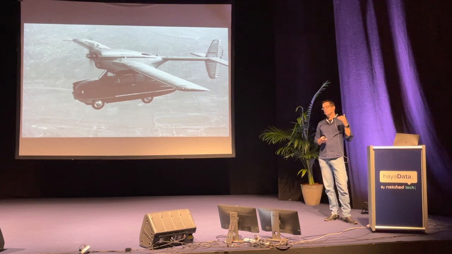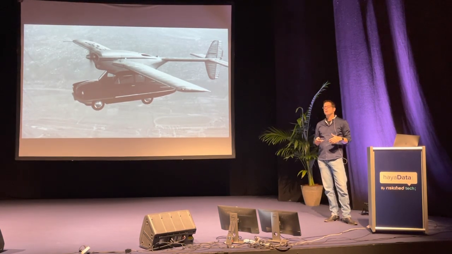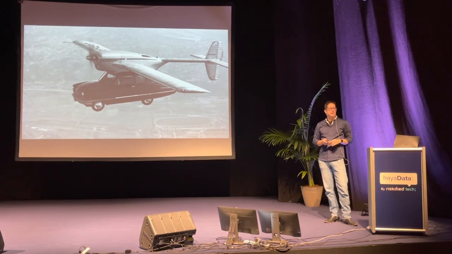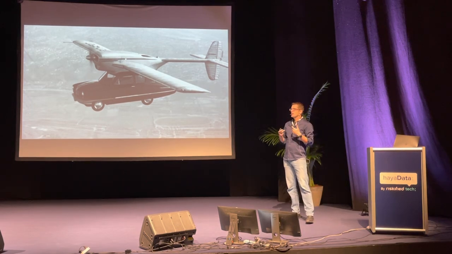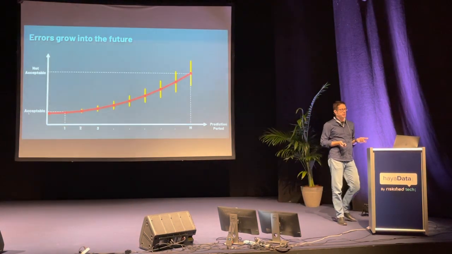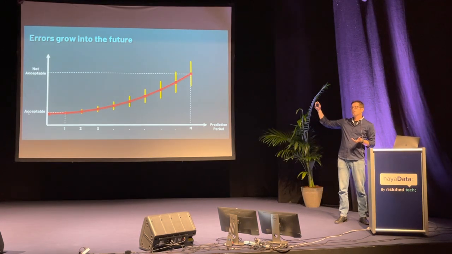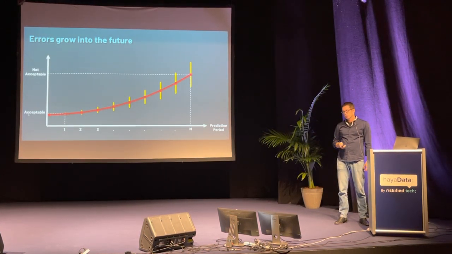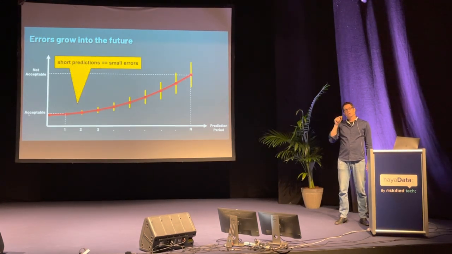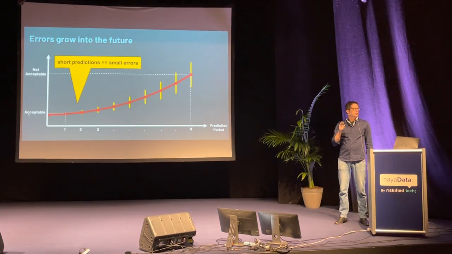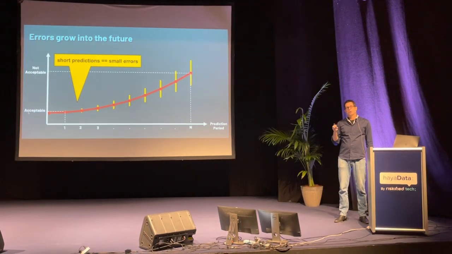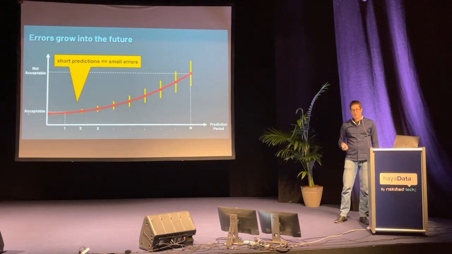The reason is that the further into the future you predict, the harder it is to do, the more noise you have in your system. Gali from Tabula discussed noise in her talk. If you look at a graph of how this actually looks, you see that the errors grow over time as you predict further into the future. But the flip side is that if you make short predictions, you have less noise and it's actually easier to predict. And for anomaly detection, we can take advantage of this, using our data for predicting and for finding anomalies.